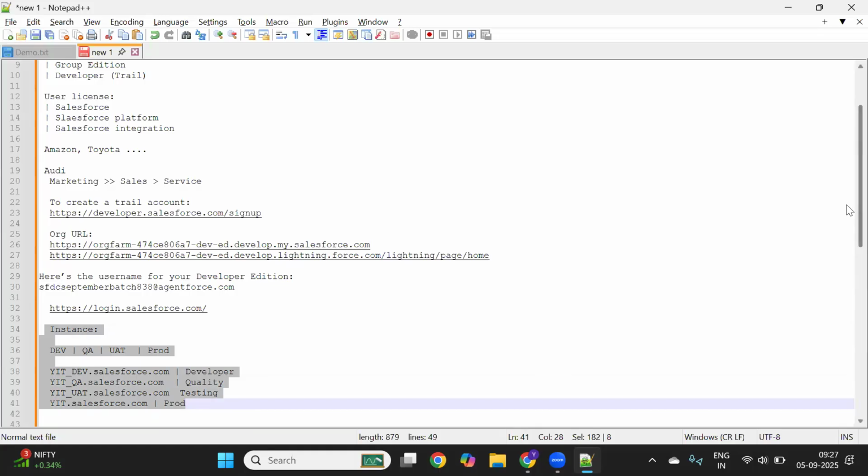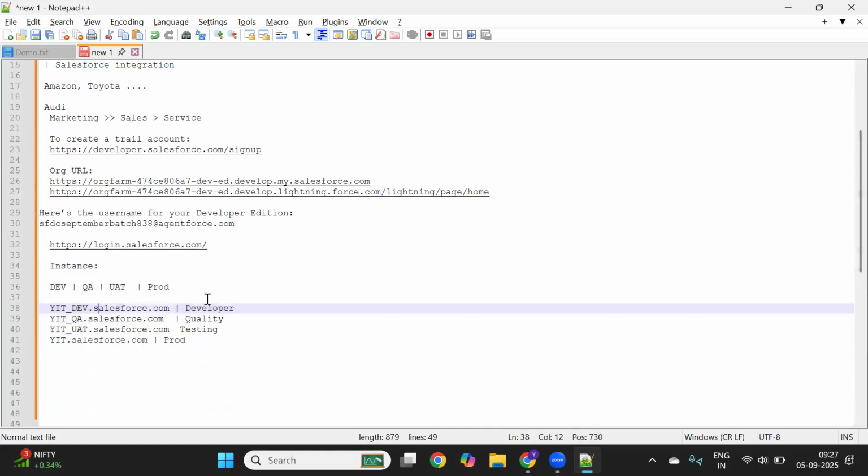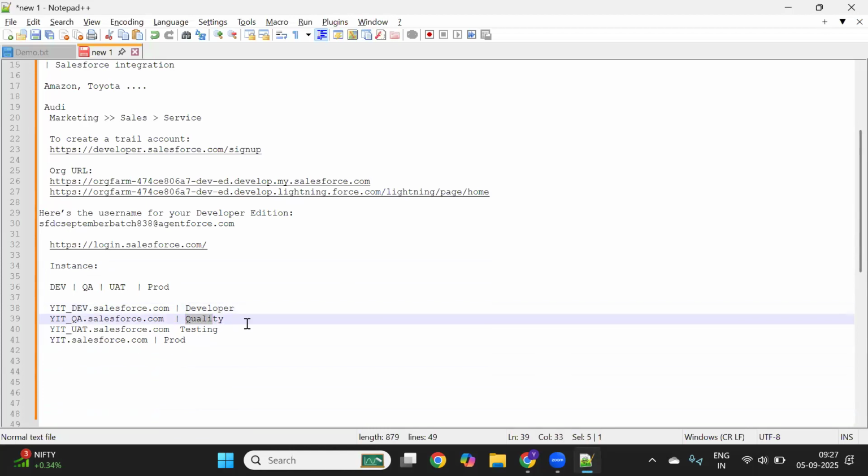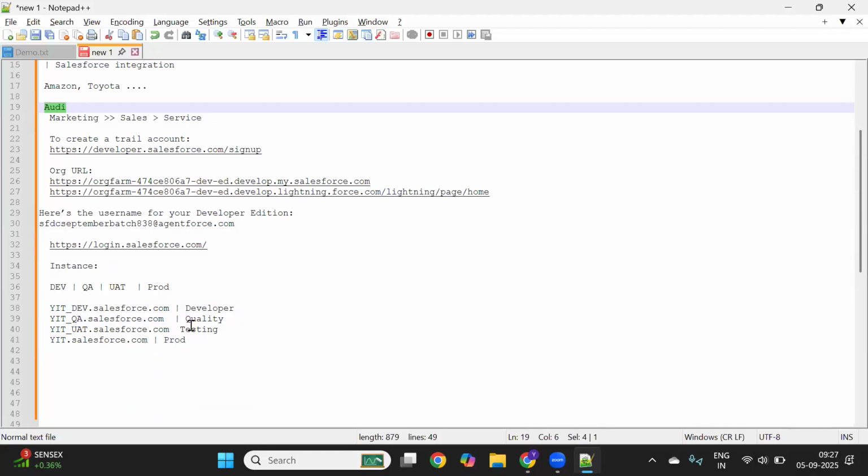Now you may have the question: you are talking about the developer team, so how are you going to provide access to the development team? If the developers, QA team, testing team, everyone is from my organization only, let's say all the employees are from my organization, like Audi here. If we take the example of Audi, the developer is from my company, the quality team is from my company, testing is from my company. So how are you going to restrict the users' access? For this, we have security concepts. In the coming sessions, we are going to discuss how you are going to